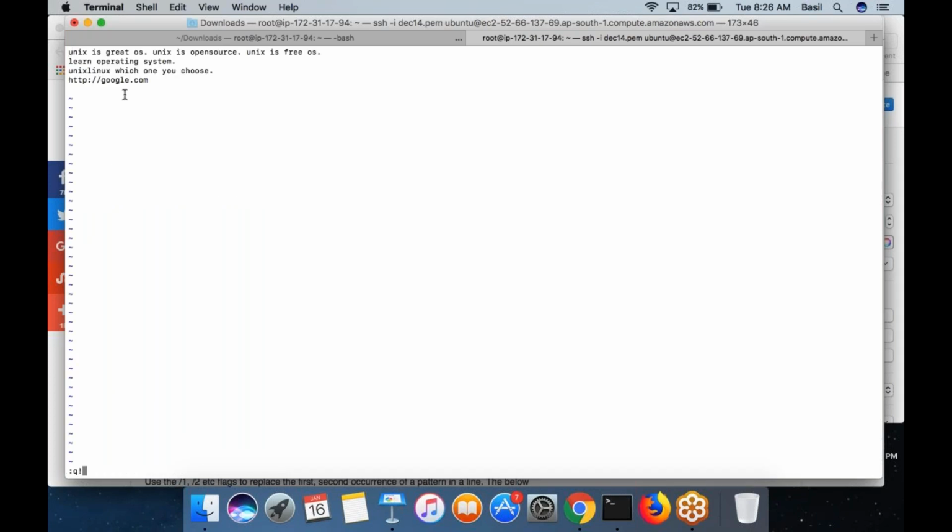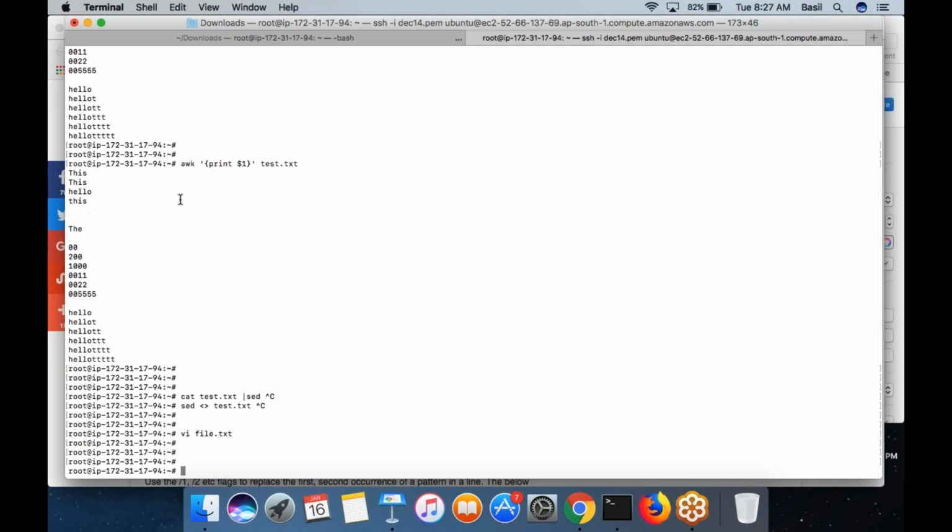Now let's say I want to replace Google with, let's say, Facebook. Wherever there is an entry called Google, I want that to be replaced with Facebook. It's the sed substitute command. This is how the sed command would look. Whatever command you want to put inside sed and whatever string you want to pass to it, they are separated by a delimiter. A delimiter is nothing but a slash.